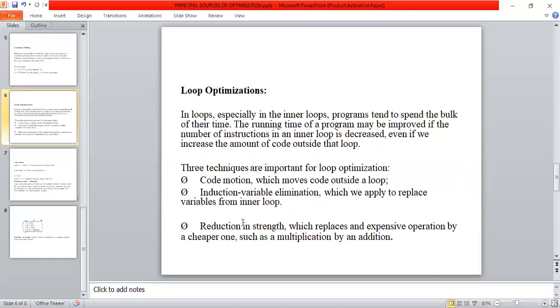So what are all these? We'll discuss with one example. Code motion moves code outside a loop. Meaning instead of executing the inner loop many times, we can execute that inner loop a minimum number of times, and we can execute outside the loop any number of times, so that the execution of the program is very fast. Otherwise the execution of the program is very slow.